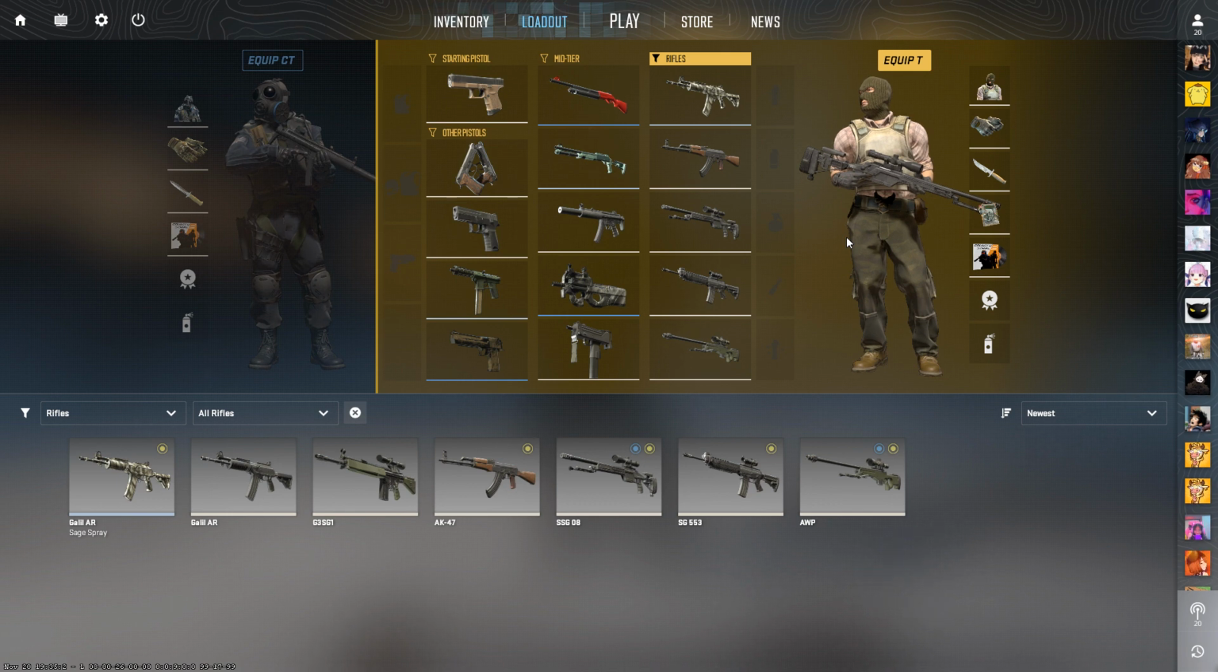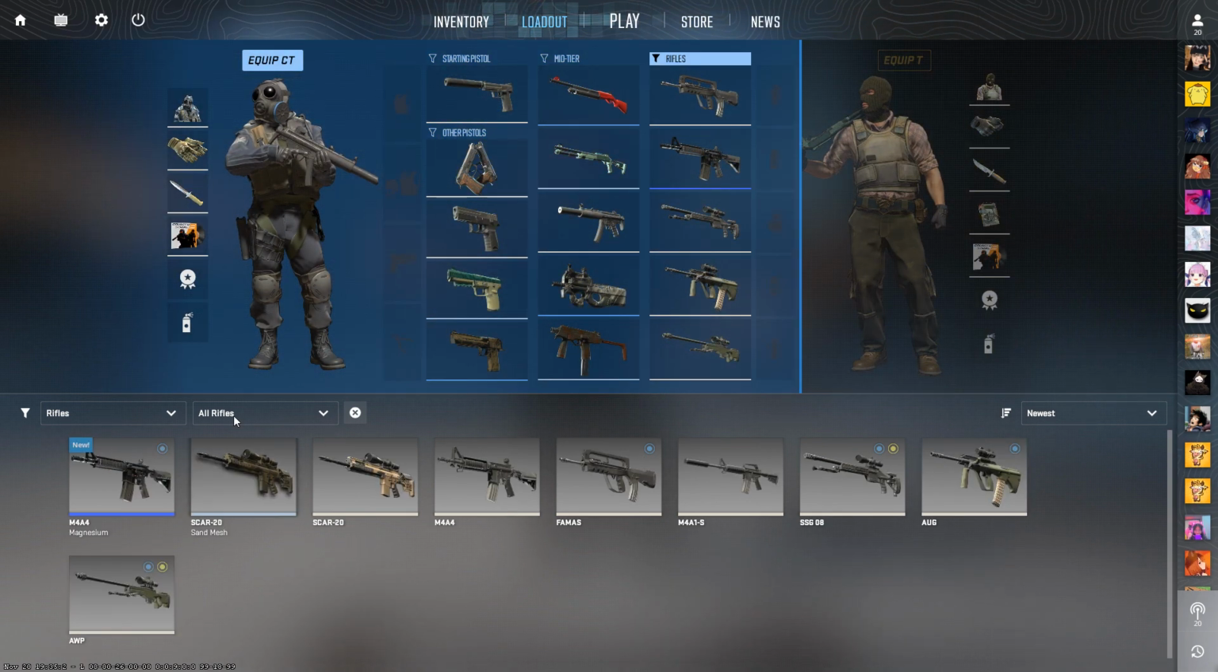Categories are also listed, for example, sorting pistols, other pistols, rifles, to help organize the loadout. Clicking on this category filters the displayed items accordingly. You can also choose a specific weapon by dragging it from the category list and dropping it into the respective